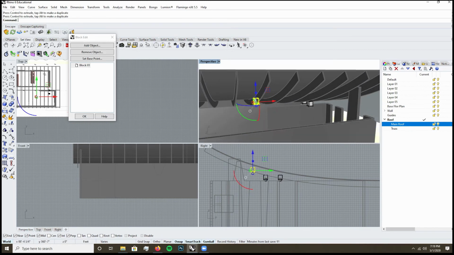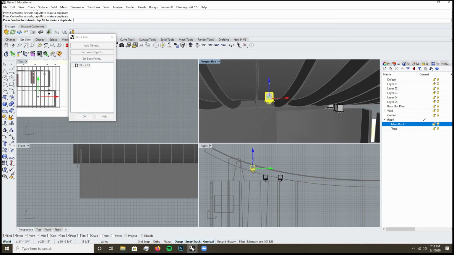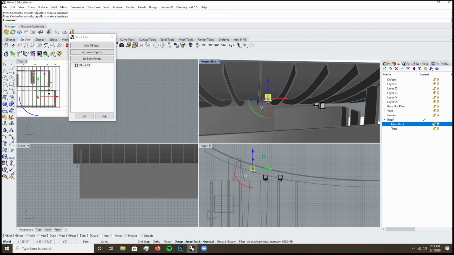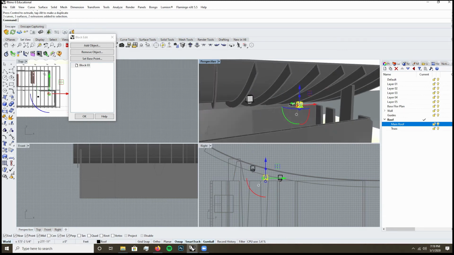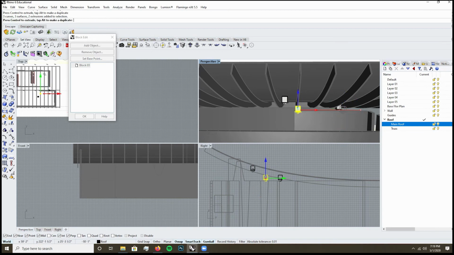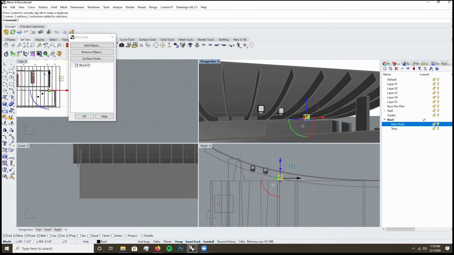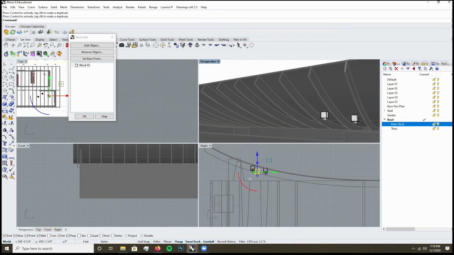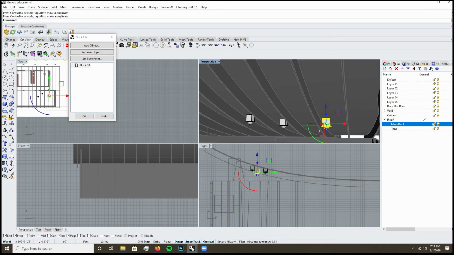Honestly, I don't use blocks very often. If you are going to use an animation tool like Bongo, which I have used, and we'll do a tutorial on that later on, that is a program that does like to receive the geometry with blocks. If you're coming from SketchUp world and you're really used to working in groups, this is also in dynamic components and things like that. This is another way that you can do that